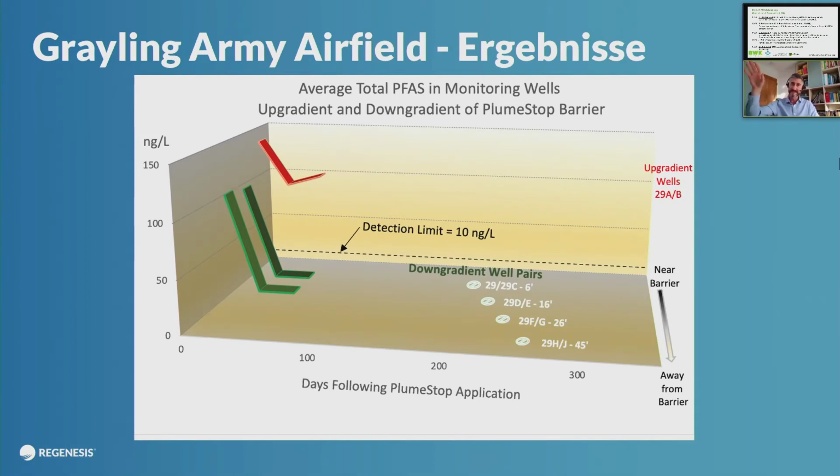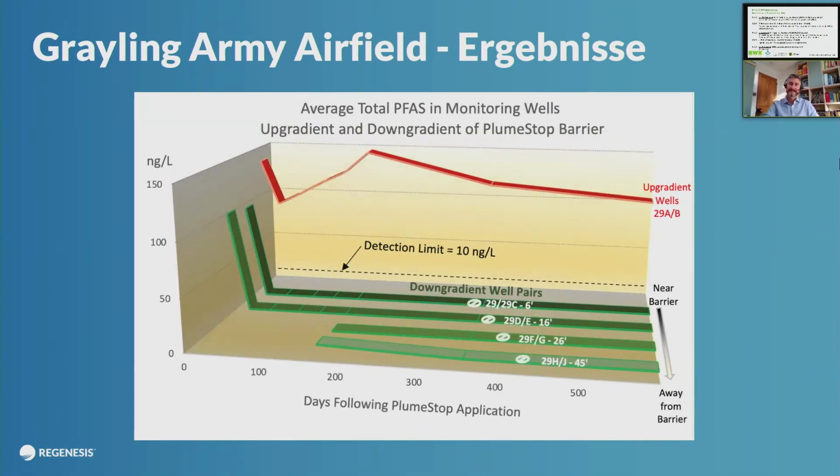So you can see that the up gradient wells have about 100 to 150 nanograms per liter. The down gradient, you see, we get this rapid reduction in about 30, 40 days. And then that's maintained for 18 months and counting so far, while the concentration coming in remains above 100 nanograms per liter. You can see that further down gradient, they only started monitoring at about 180 days, but you can see on that last line, it's slightly higher and then comes down.